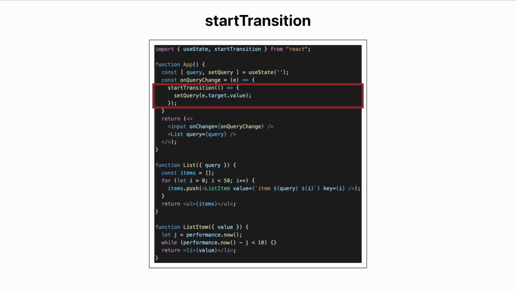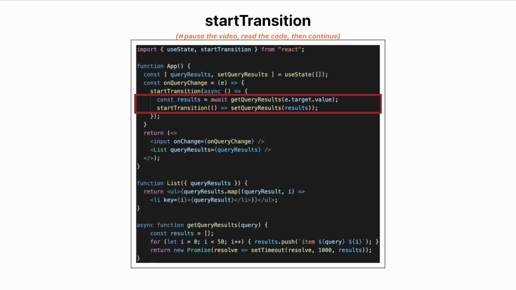What if I want to include state updates in an async operation? Any async calls awaited in the action function will be included in the transition, but you need to wrap any set functions after the await in an additional startTransition call. Now, here is an example of using startTransition for performing state updates in an async operation.